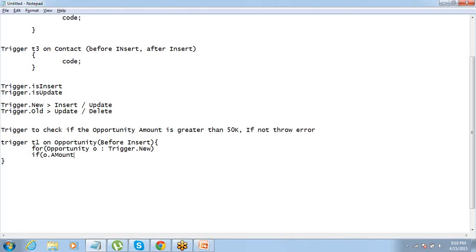If O dot amount less than 50,000, O dot add error: Please provide a value more than 50k. That's it.